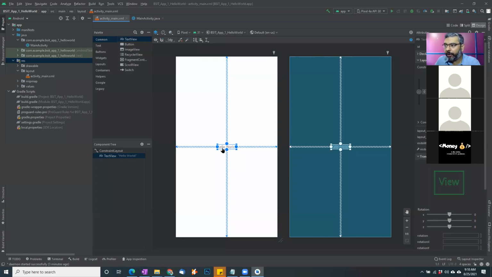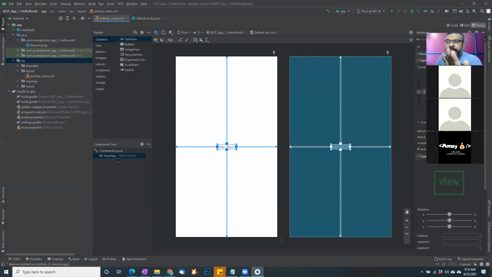Android is referring to each of these as your components. So your text field is a component, your button is a component, your image is a component. All these are your components. You place these components here, and their structure and hierarchy is shown here, how you have nested those components. You can place a component within a component, for example, a container within a container, or you can apply various different layouts inside a container. Like I said, we will be working on this in future classes, so don't worry about that.